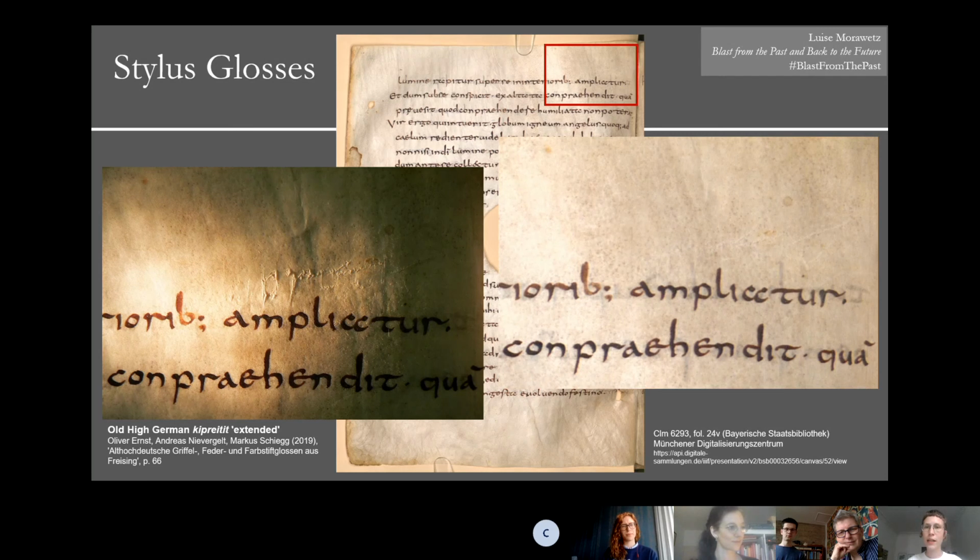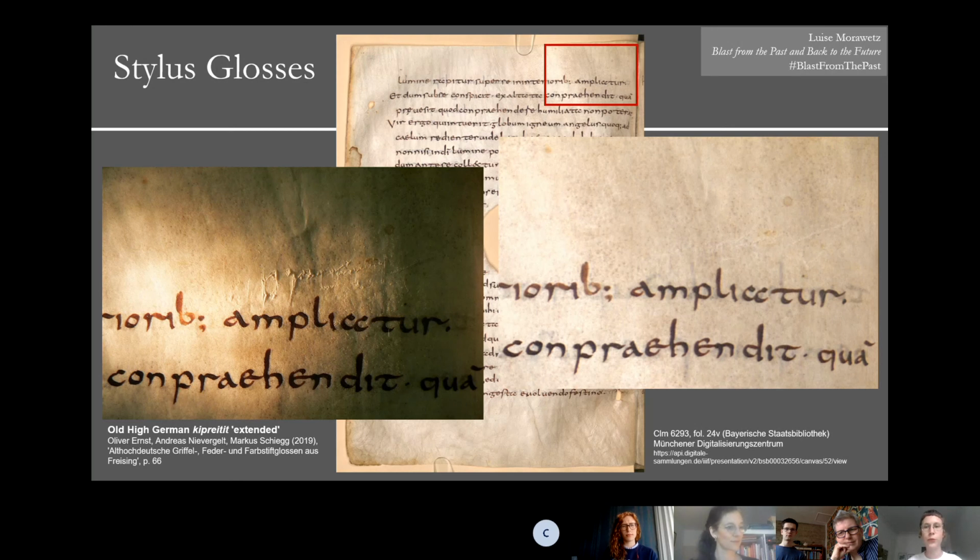Although stylus glosses seem unhandy and hard to read to the modern reader, they were very common. One can assume that the glosses were better visible in the Middle Ages because usage and aging of the manuscripts have not affected the readability yet. Plus, punctual light sources, such as candles, provide perfect lighting conditions to read stylus glosses, unlike the diffuse light